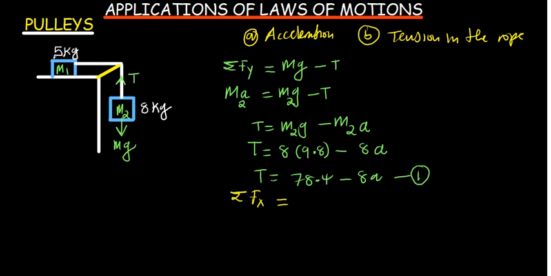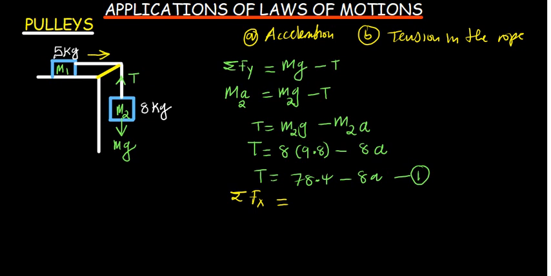You see, if this object is going to be moving down, it means that this one is going to be moving forward. If this object was moving up, it means that this one would have been moving in that direction. So don't confuse those. If I say this one is going to be moving down, then I need to say that this is moving forward. If I say this one is going to be moving in this direction, then this other one should be moving up. So since I said that the 8 kg mass is moving down, then the 5 kg mass is going